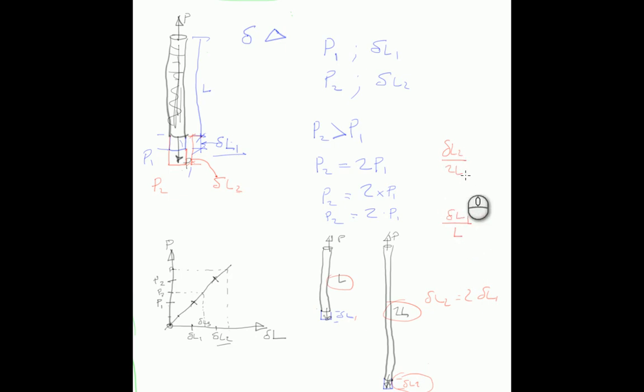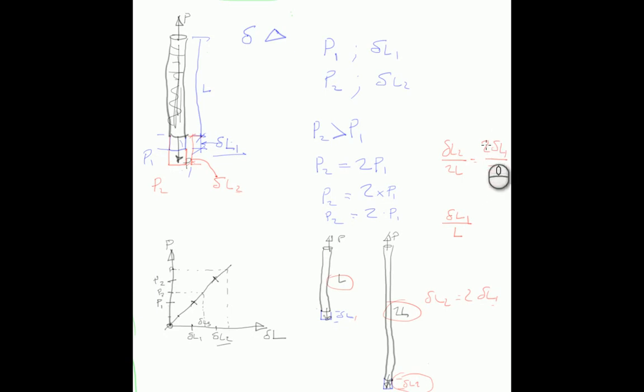The original length was 2L for this case, and the original length was L for this case. So when I now consider the fact that delta L2 is twice the change in length delta L1, I can substitute for that value in here, so this is equal to, if you like, 2 lots of delta L1 divided by 2 lots of L. Okay,